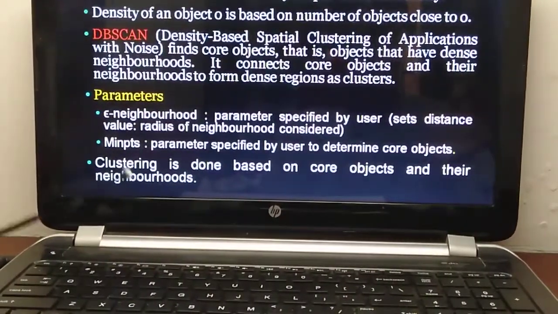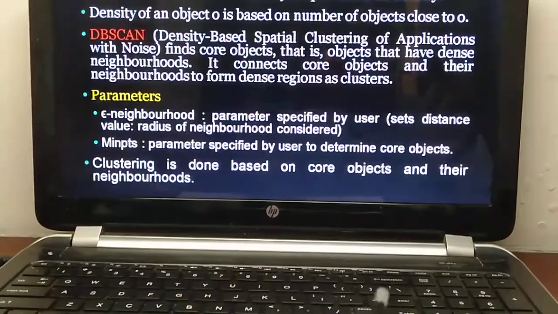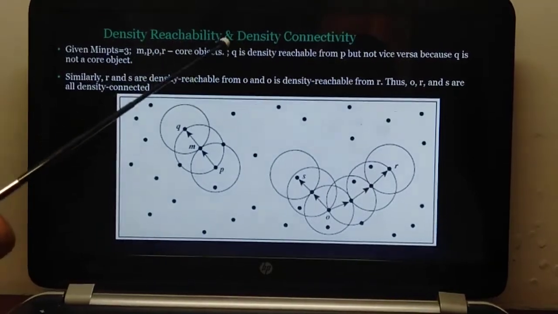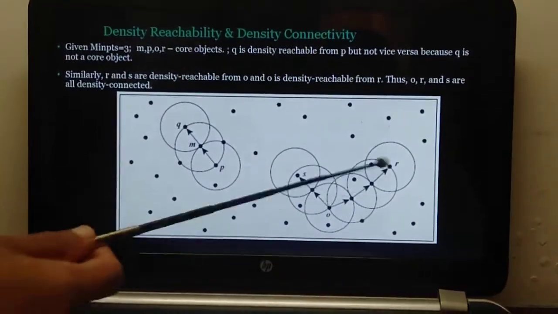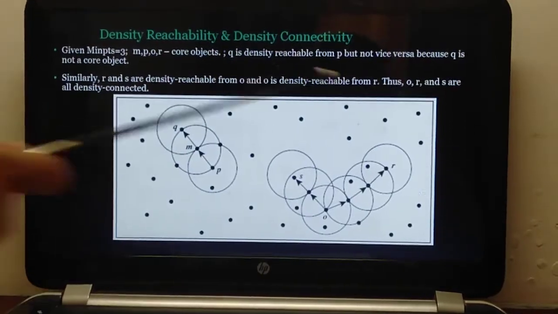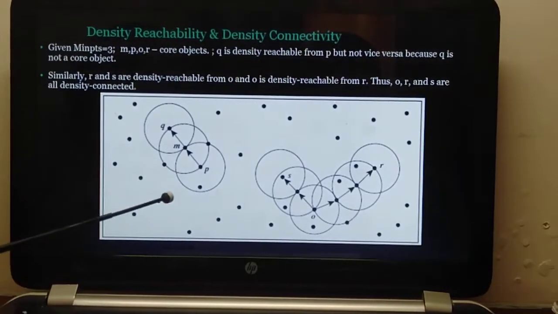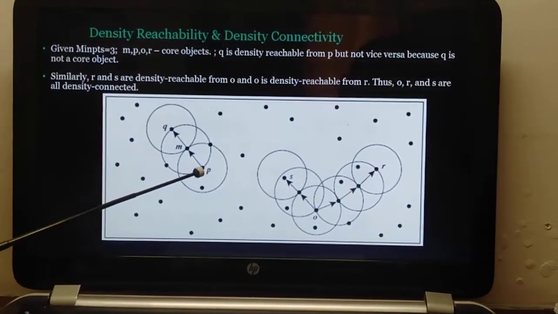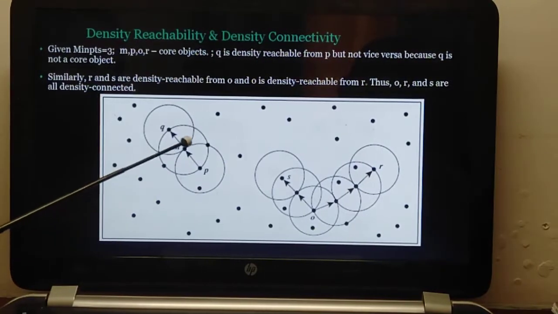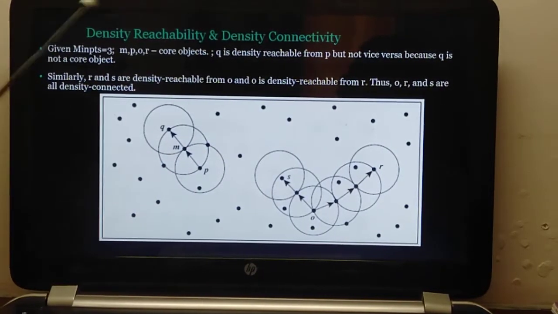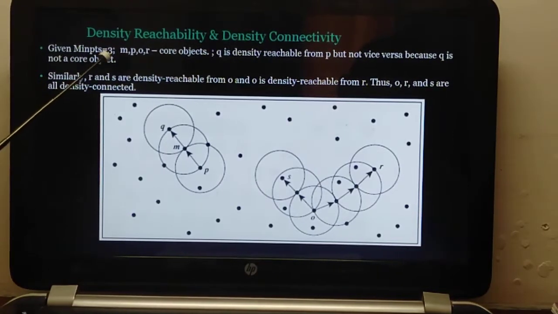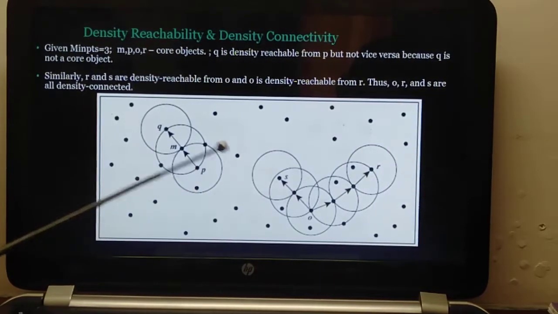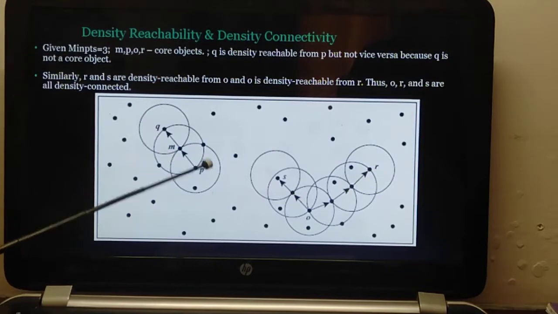Now how exactly we are going to do, we will look at the algorithm later. Before I do that, I need you to know two more concepts. One is what is density reachability and what is density connectivity. Now look at this example. These are all the points in our data set. Just imagine that these are all the points in our data set. Okay, and I have taken P as a point, as an object, and we have drawn an epsilon neighborhood for this. Now if you can see over here, it is given that min points is 3. So if I look at P, the point P, how many points are there? 1, 2, 3, 4 points are there in its epsilon neighborhood.